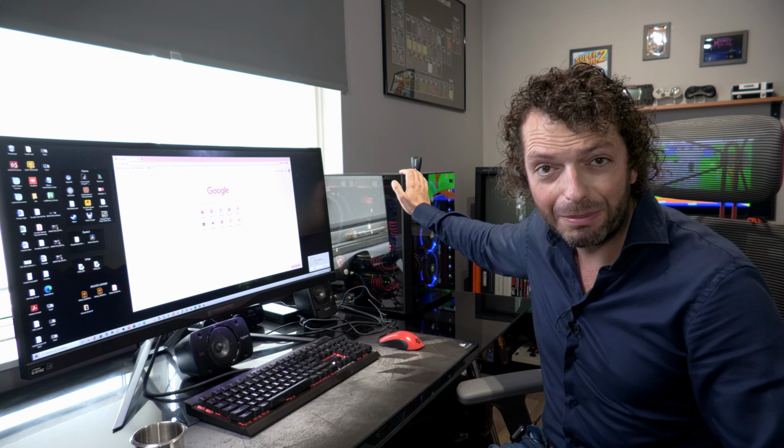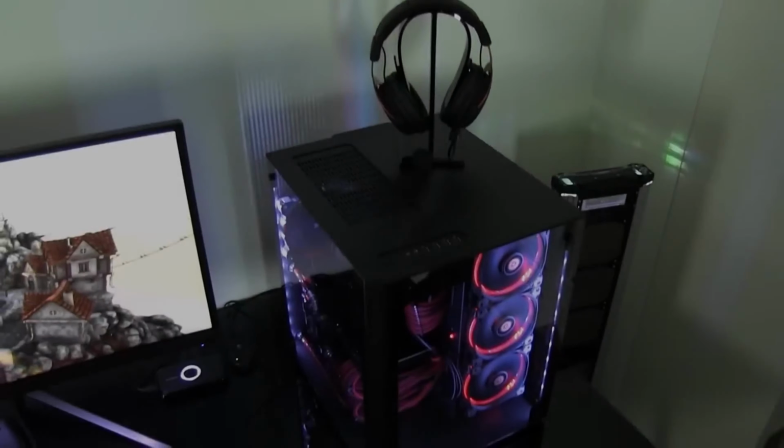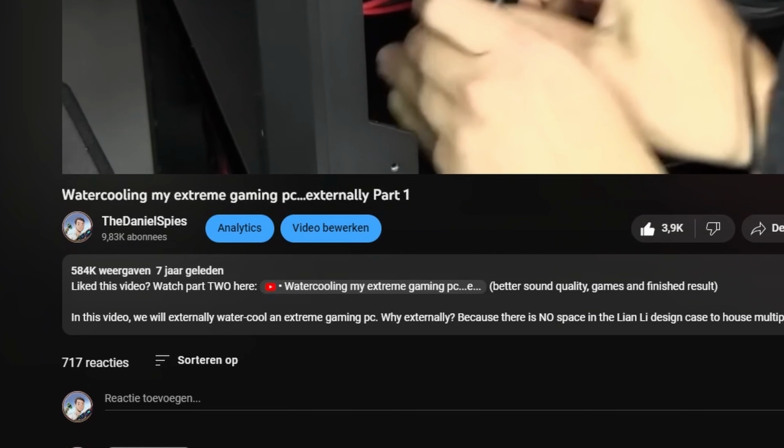And today we are not going to talk about arcade cabinets, we are going to talk about gaming setups. And as a matter of fact, about my personal gaming setup. And as many of you know, about 6 years ago I built this monster of a PC. It was externally water cooled. At that time it was really fancy, it went all over the internet and it reached more than 500,000 views